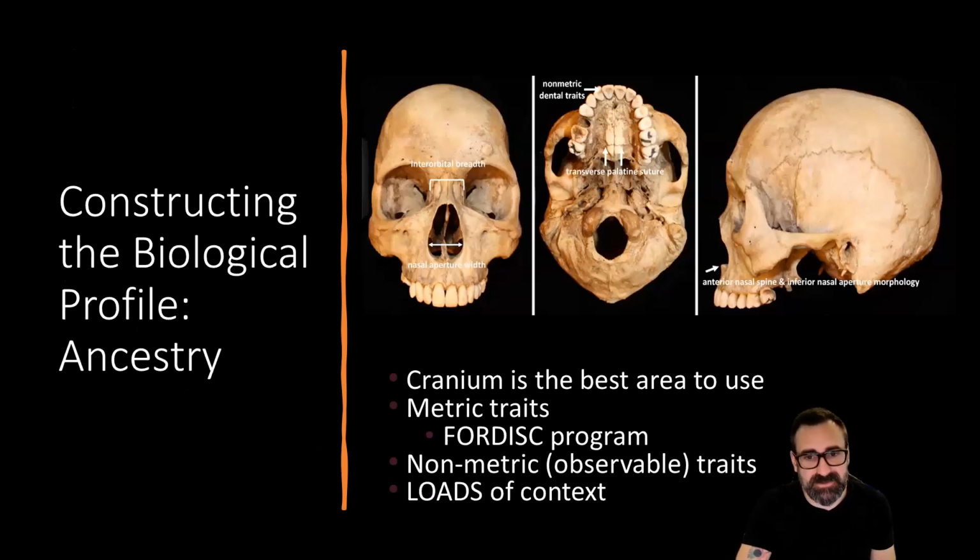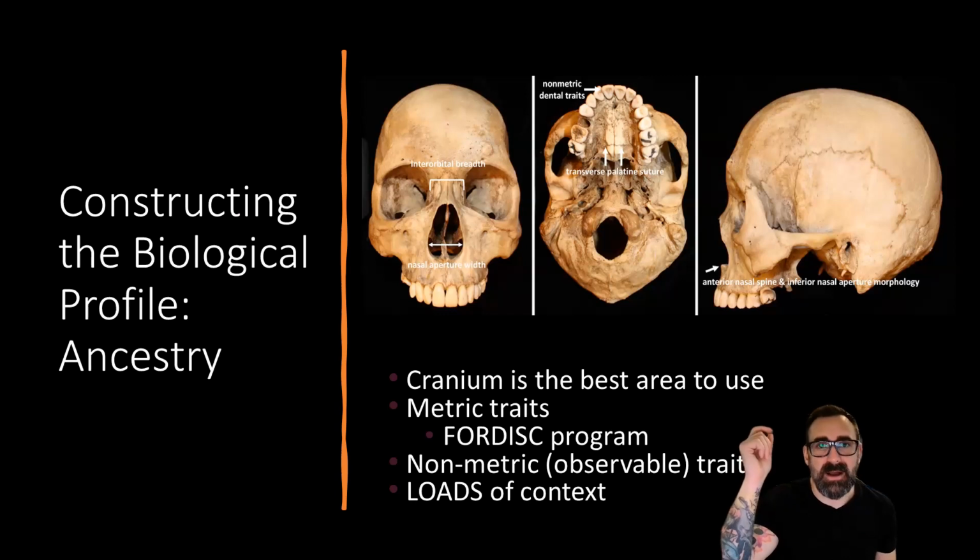These are some of the features, like the transverse palatine suture in your palate, the hard palate, the roof of your mouth. There's also dental shoveling of teeth, which is more common in Native American people, although certainly not unique to Native American people. Measuring the distance between the eye orbits can be indicative, and yet again, these are statistical probabilities. So it's not that a broader interorbital breadth is indicative of being Asian. However, it might be more common in that population.